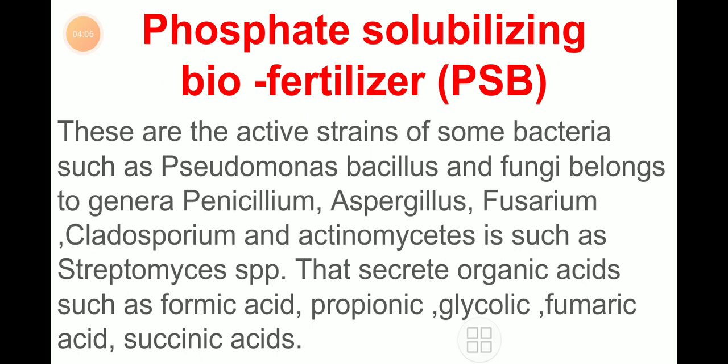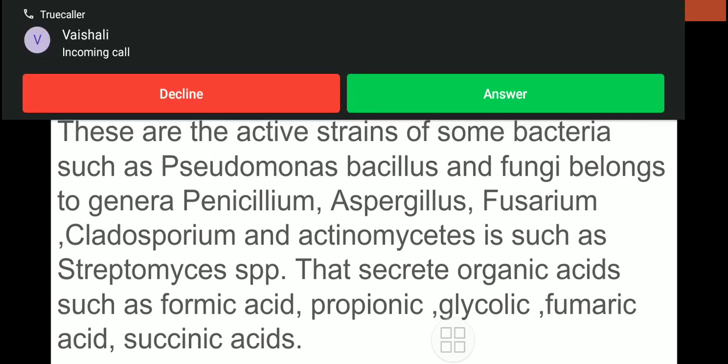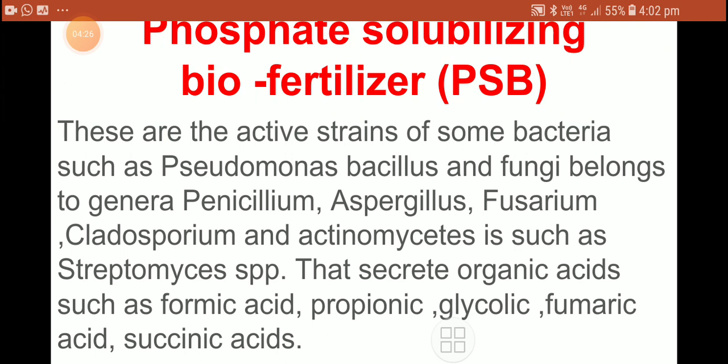Friends, you have to keep in mind, these bacteria are responsible for this. Which type of mechanism is there with these bacteria or fungi? How are they making phosphorus available to the growing plant? They are secreting formic acid, propionic acid, glycolic acid, fumaric acid, succinic acid, and that acid is responsible